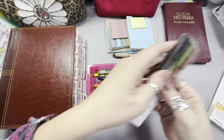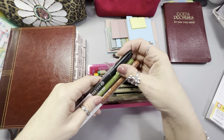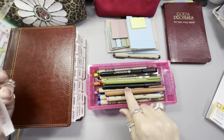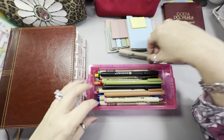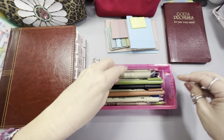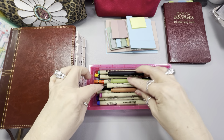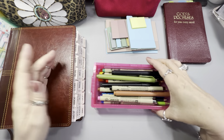These pens, these highlighting pens or journaling pens for the transparent sticky notes. And this is 01 here. So I picked all the 01s for this particular